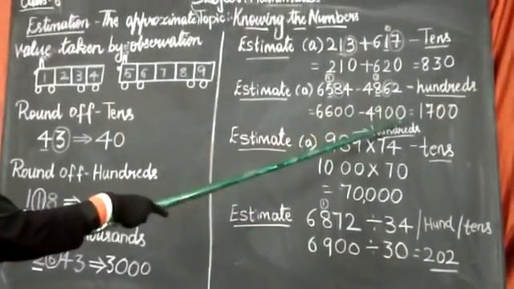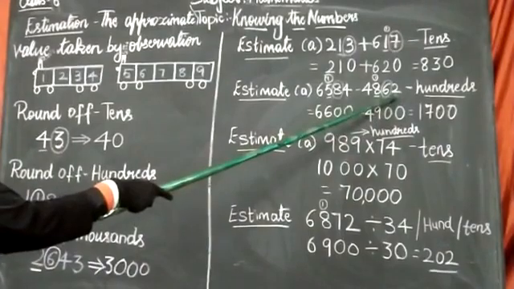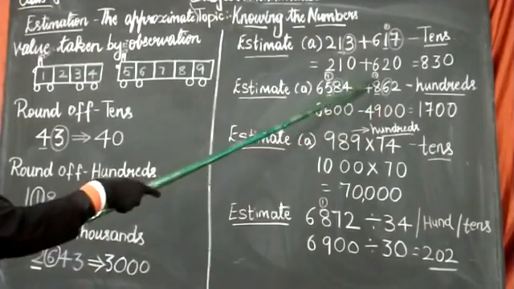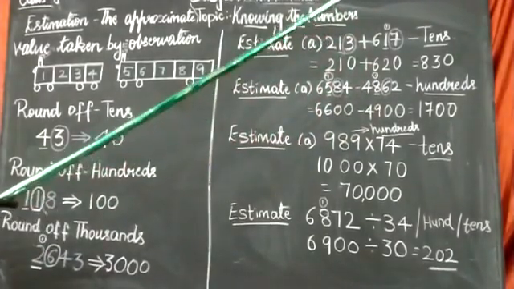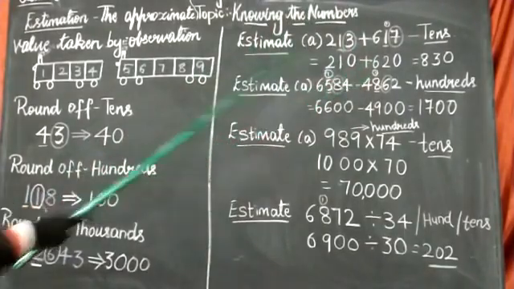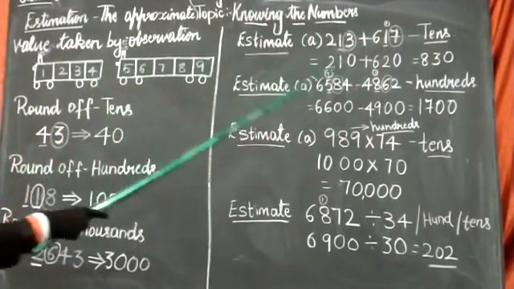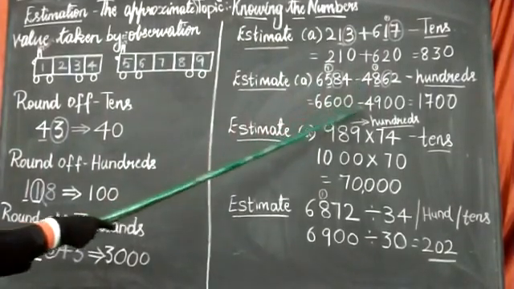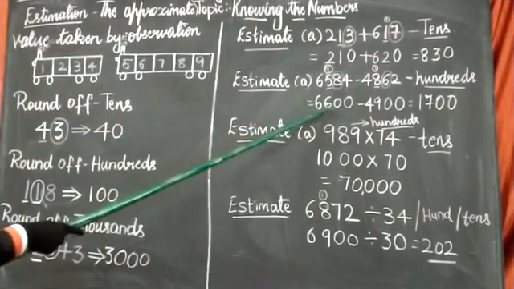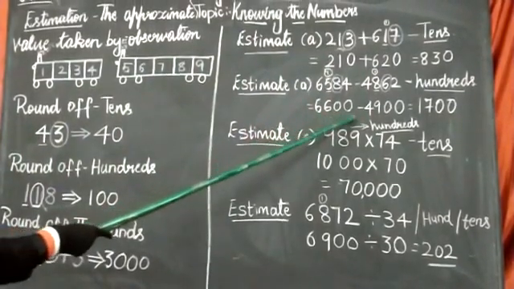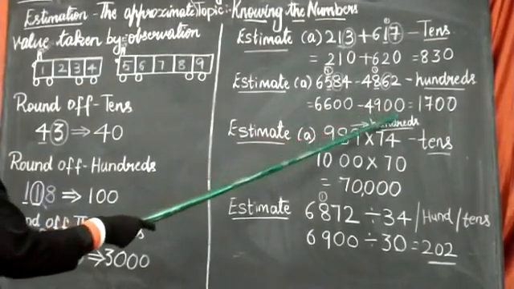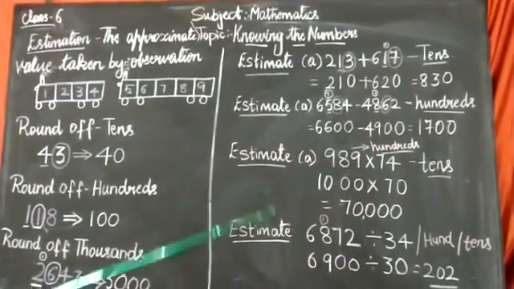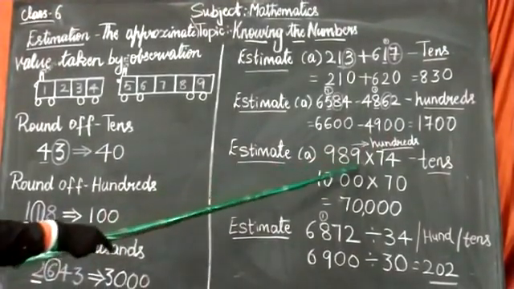The 2 is 0 because we are not considering the ones place there. Tens place we have 6. So should I add 1 or not? Yes, I should add 1 there because it is more than 5. So this 8 becomes 9 and 4 as it is. I estimated these values. So this becomes 6,600 minus 4,900. If we do the subtraction, we get 1,700.